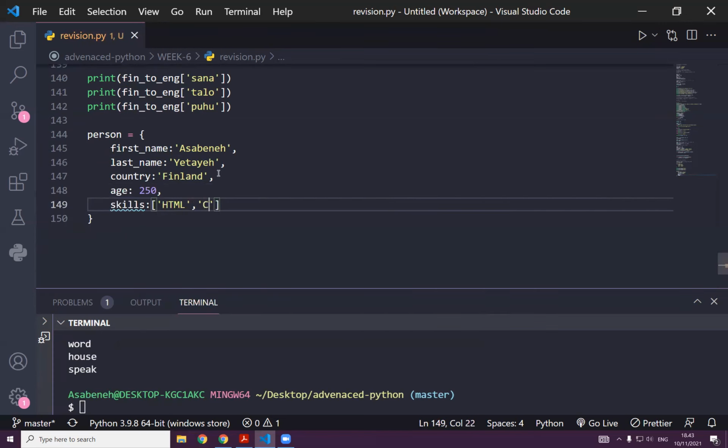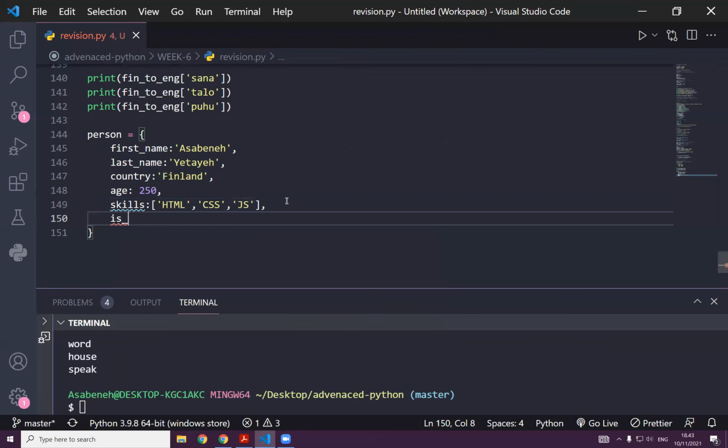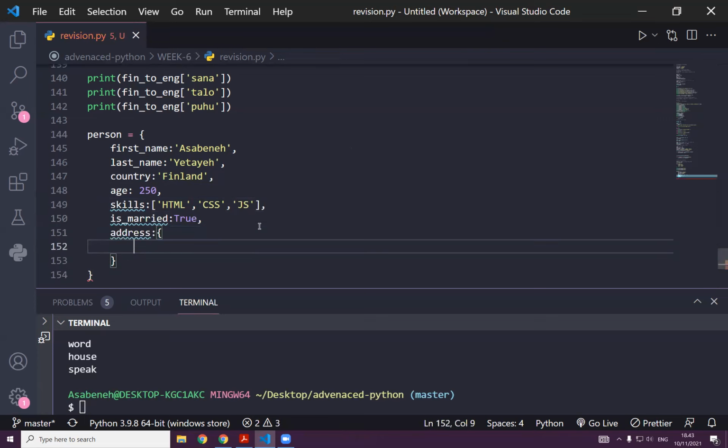HTML, CSS. As you can see, it says skills because we have the intention to add a list. So you can say JS. And now let's add is married. Is this person married? Let's check. And yeah, true. What else? Maybe we are interested to know the address of this person. As you can see, we can even write another